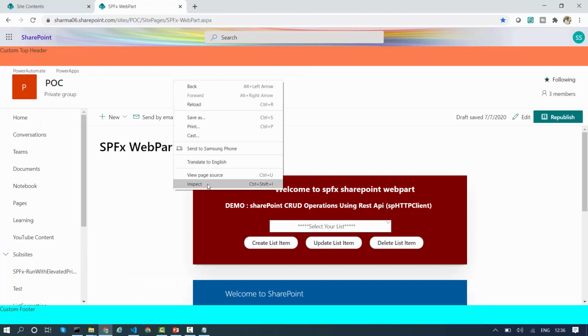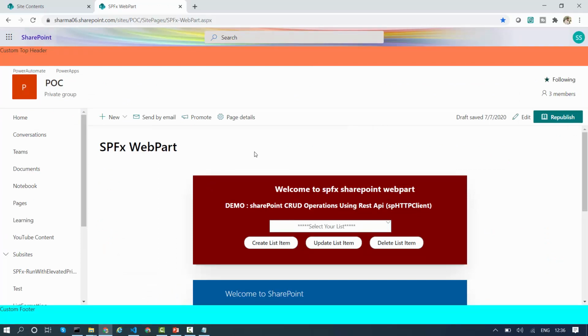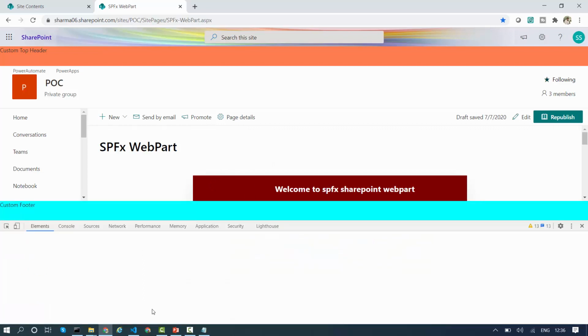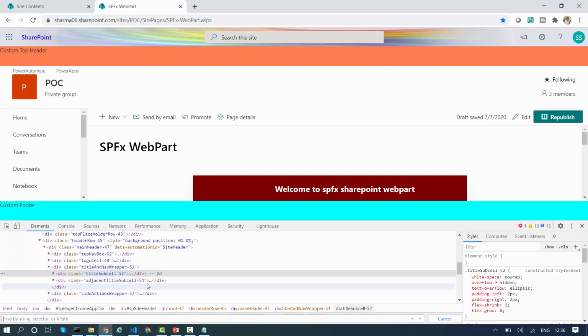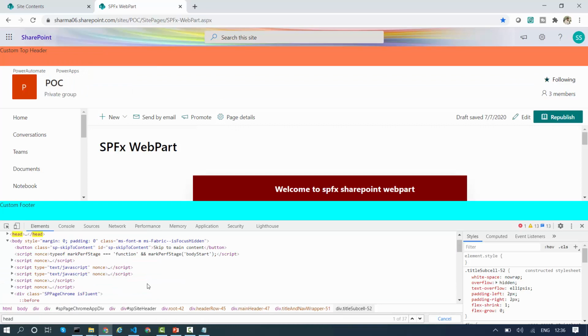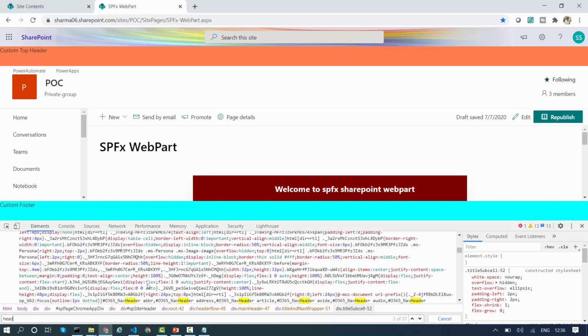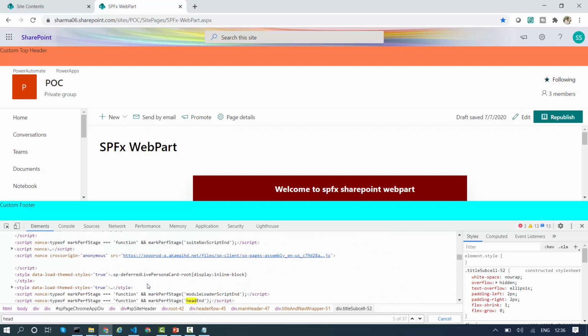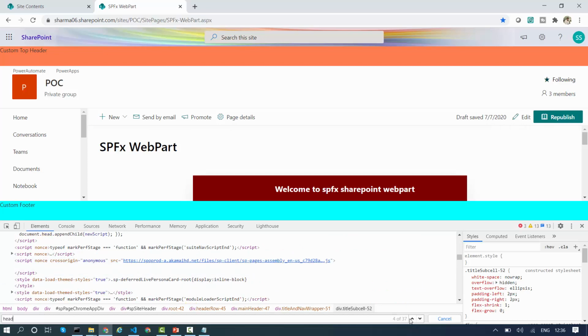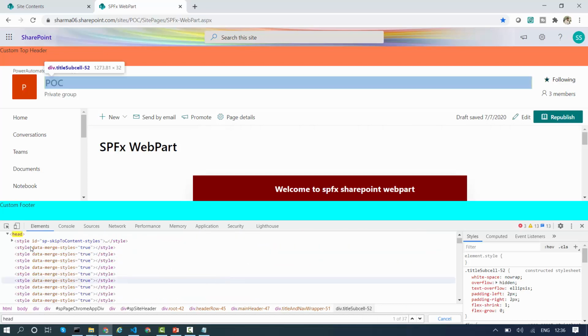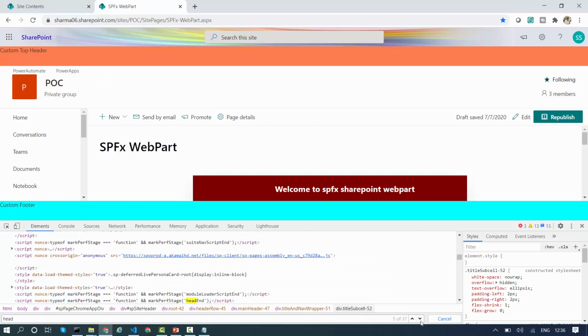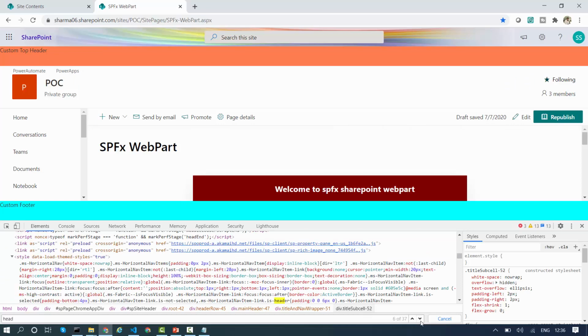If I press F12 in my page and try to type head, you will get many headers. You can see this is one header. You will get many header tags.